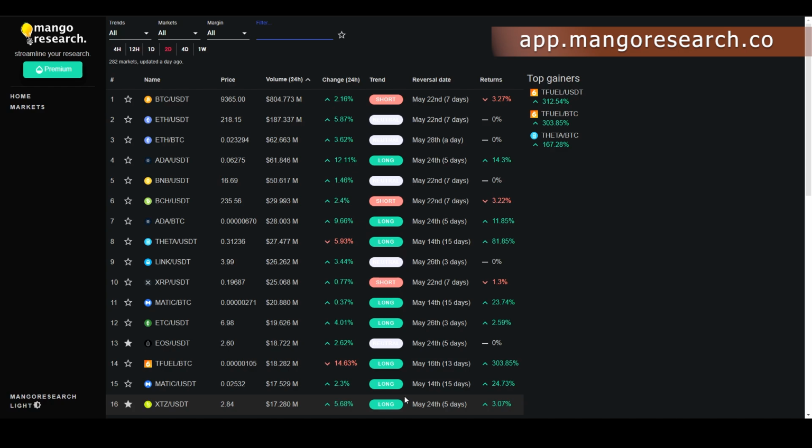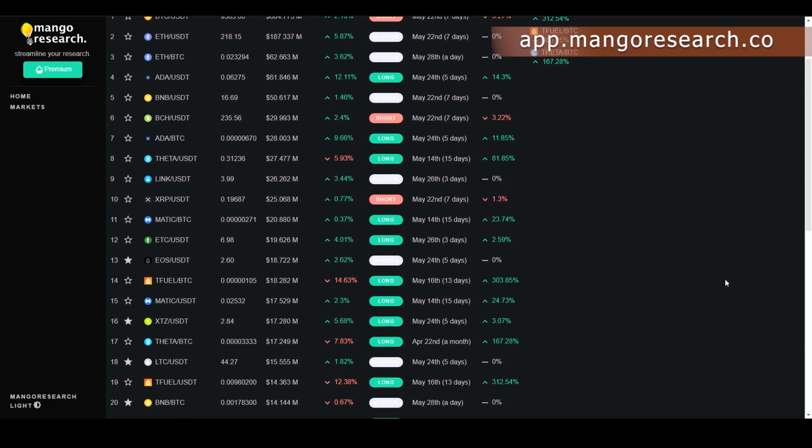The first person being Wouter from the Mango Seed program. He was the first person who brought Theta up to my attention, which then prompted me to go and look into the dashboard to see what the dashboard was telling me. And THETABTC actually flipped long on the dashboard 1 month ago. Now this is the Mango dashboard. Whoever has access to this, you got the call on Theta 1 month ago, flip long, and since then you are up